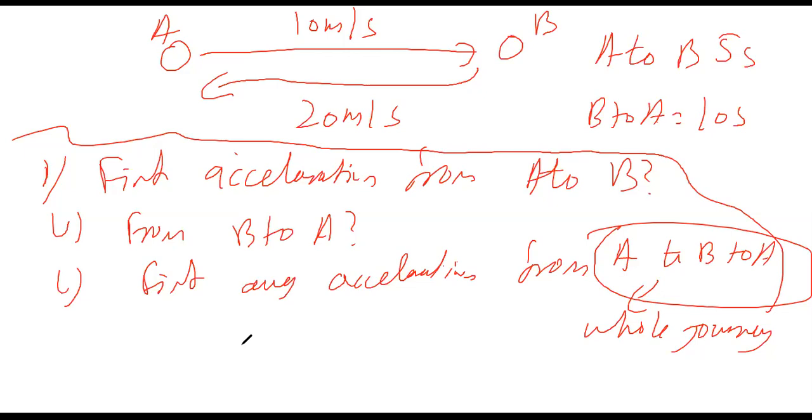Zena, for which part is it? It should be 4 meter per second square. You are finding acceleration. This is a unit for speed and velocity. Okay, it should be meter per second square. Mustafa, same for you. It should be meter per second square, not meter per second. Okay.